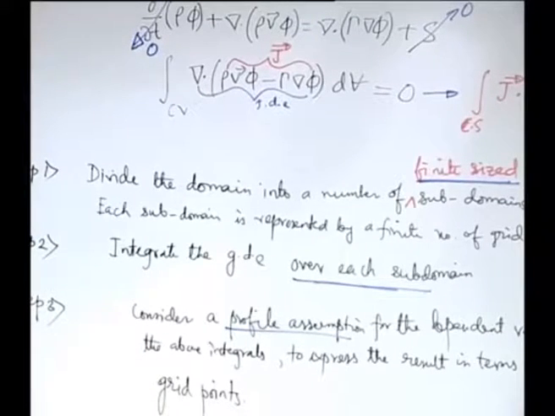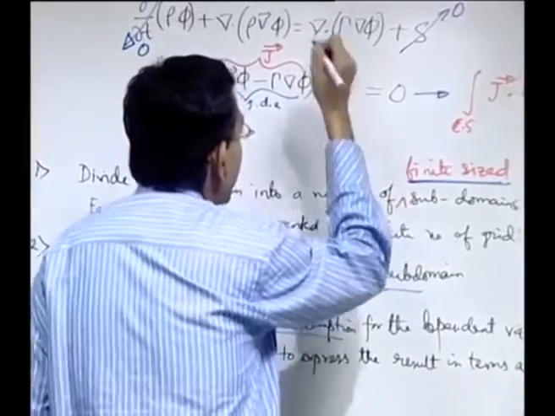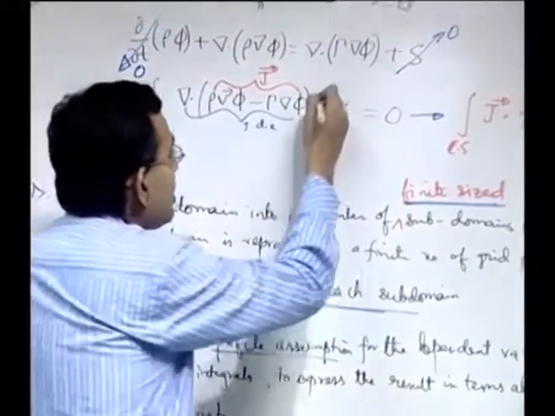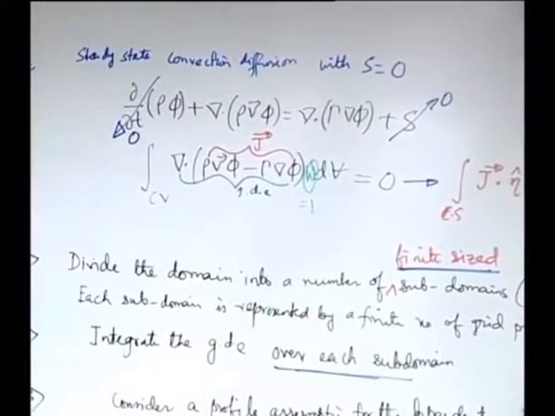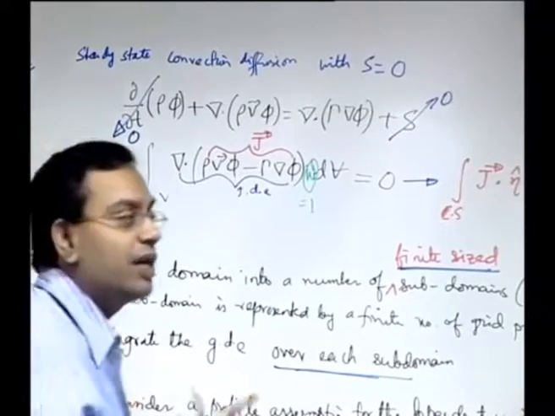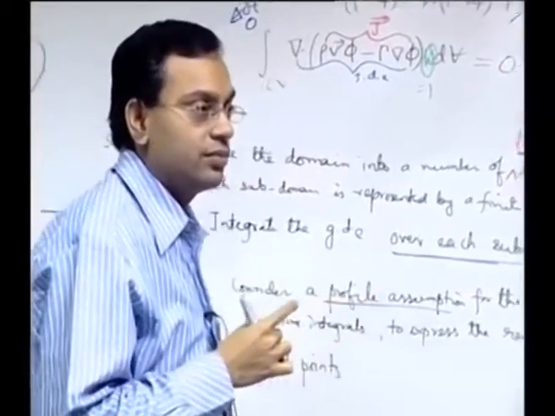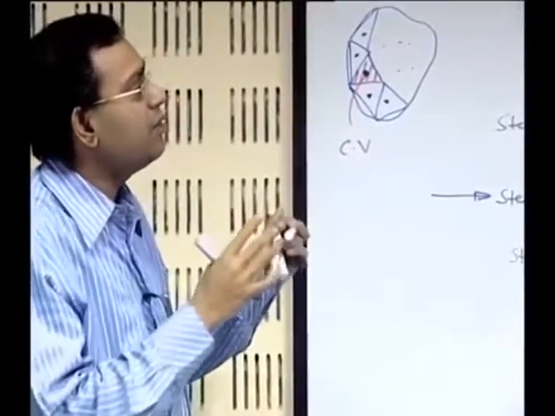We could write this particular step as follows. We could also write this particular step as this multiplied by a function w, where w is equal to 1. This w is the weight function. So this can be perceived as a special type of Galerkin's method where the weighting function is equal to 1. So you can see that it can be perceived in different ways.